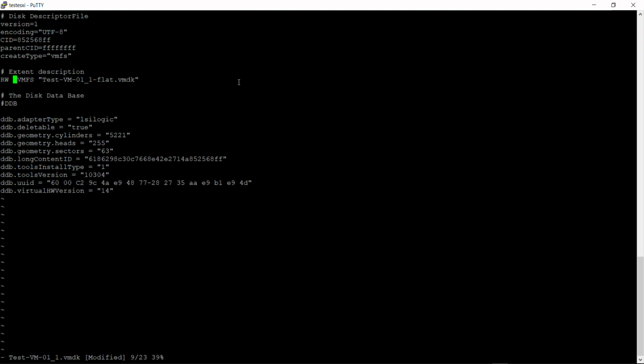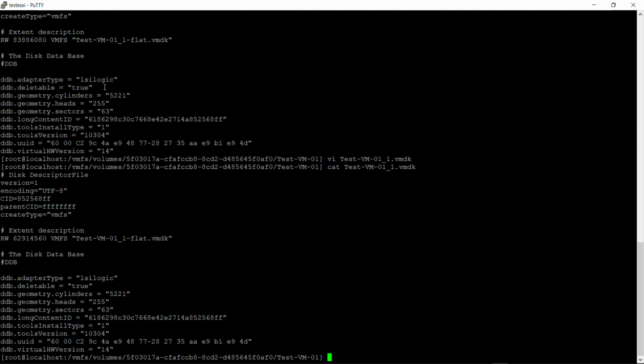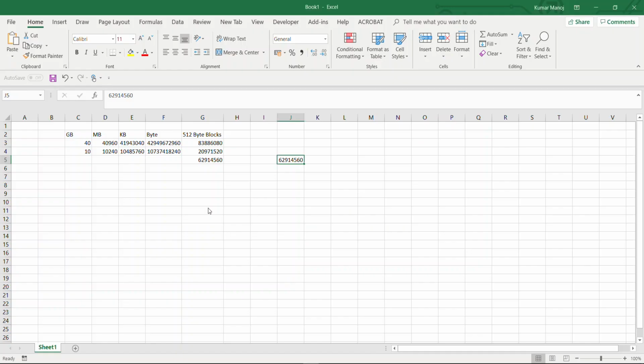Okay, now save and quit from the file. Let's have a look once again. Previously it was this value, and now we have the value changed. Okay, that's it at the SSH connection.